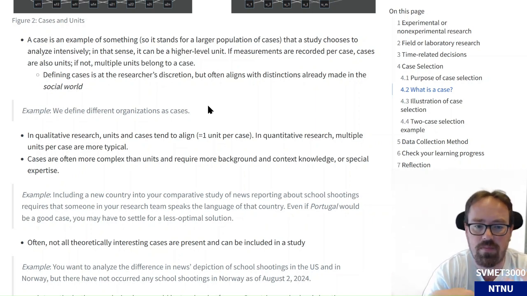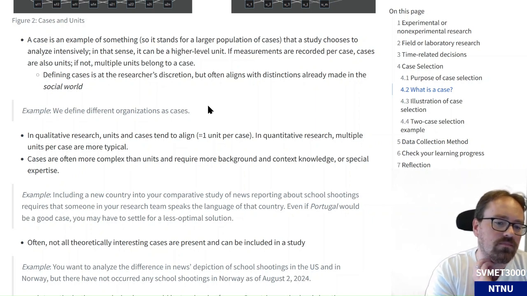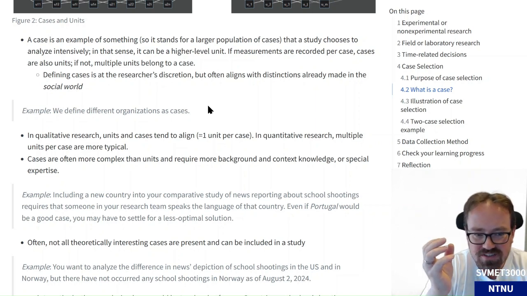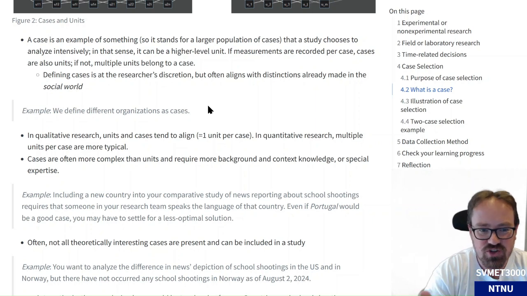So we take up that distinction and we define different organizations as different cases. We can just agree with that and use it as it is. That's not a natural law, but